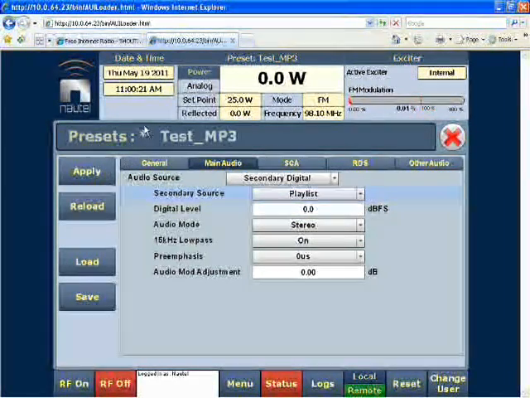Under my presets I have an asterisk to indicate that I've made a change and not saved it, so I click the apply button. The asterisk disappears and we now have FM modulation. So that is how you set up a playlist, save it, and use it as an audio source in a